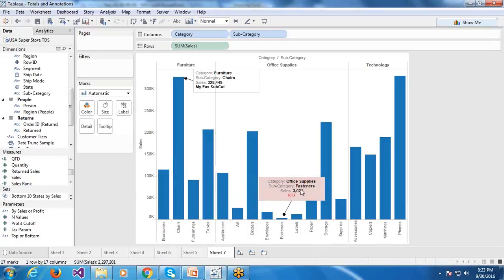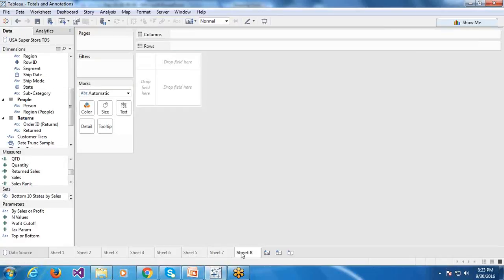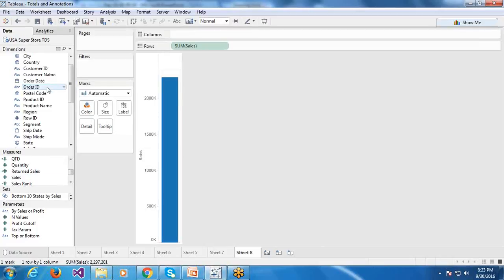So this is about mark annotation. Mark annotation is representing a particular mark, associated with this particular mark. Then let us go to point annotations, and let us take order date.